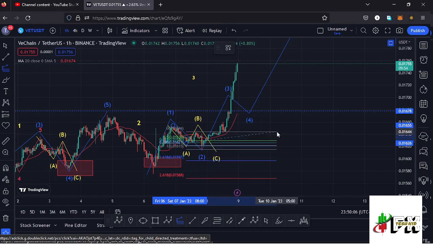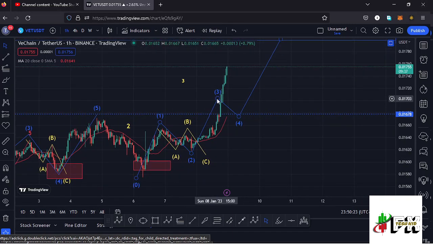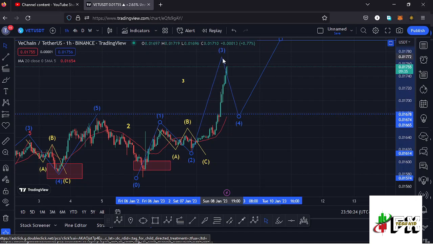Using the fib ratios 1:1, we have done the minimum that we expected this ABC corrective structure to do, meaning there are chances that we saw the low for that higher Elliott wave count 2 of this fractal wave right there at around the $0.01615 mark. And whatever we are seeing right now is the formation of a higher Elliott wave count 3, and